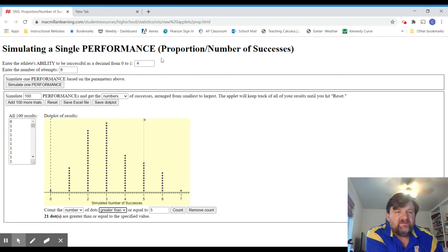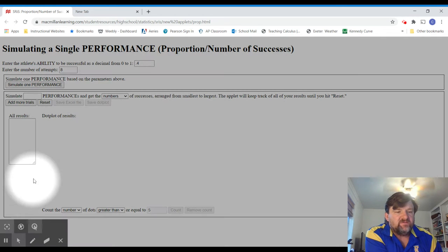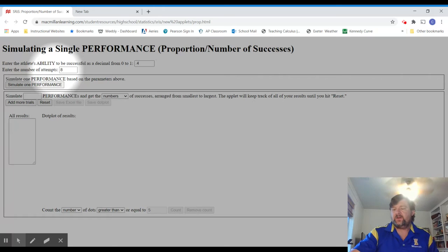Stats. So I'm kind of making this work. Let me hit reset here. I'll tell you what I have going on. I'm going to use my pointer here. I'm simulating a single performance. This is for a sports stat simulator. This is a really good way to look at